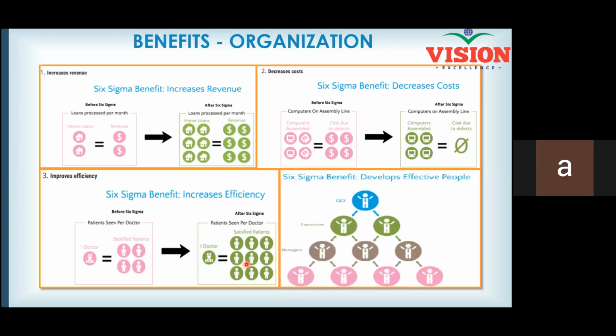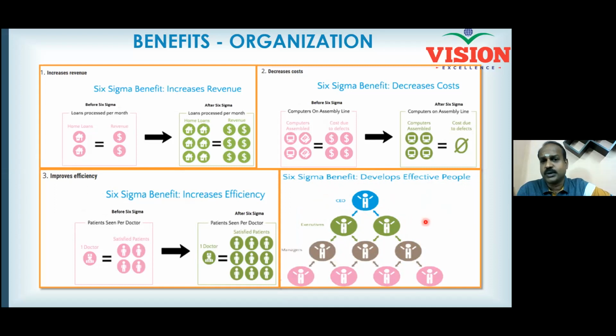In the same way, practicing these approaches, working statistically, will make your people understand what exactly they are doing, right? And that means people will become very, very effective. People will eventually become leaders. A leader will guide others in the organization. And that's how the belt levels are generated, and everybody will be trained at appropriate levels, and all of you as a team, at appropriate belt levels, will work together very effectively.